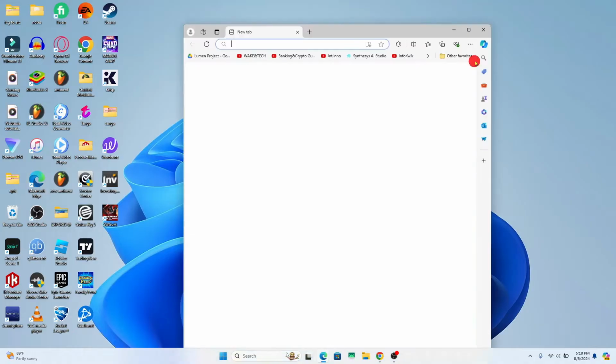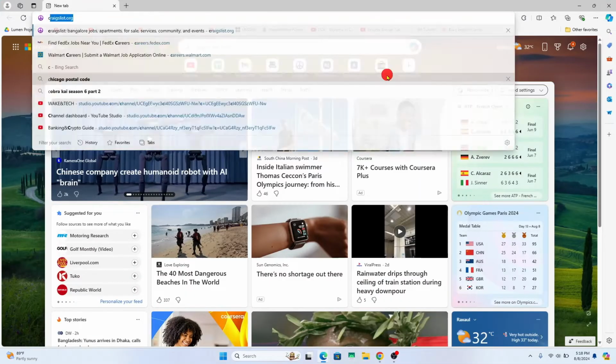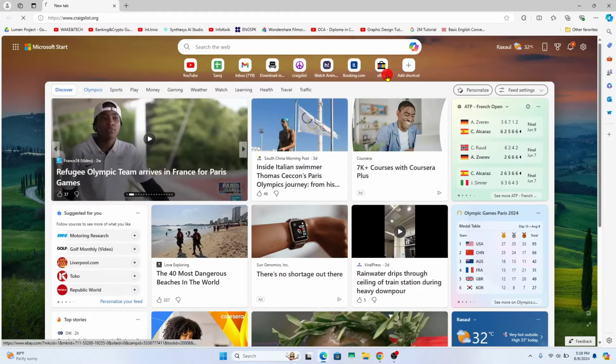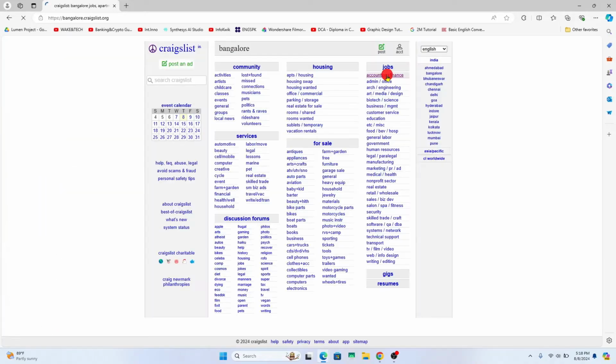First of all, open up your web browser and then in the address bar type in craigslist.org and press enter. You will now be taken into the official Craigslist website. If you haven't logged into your account already, click on the account icon at the top right corner and proceed